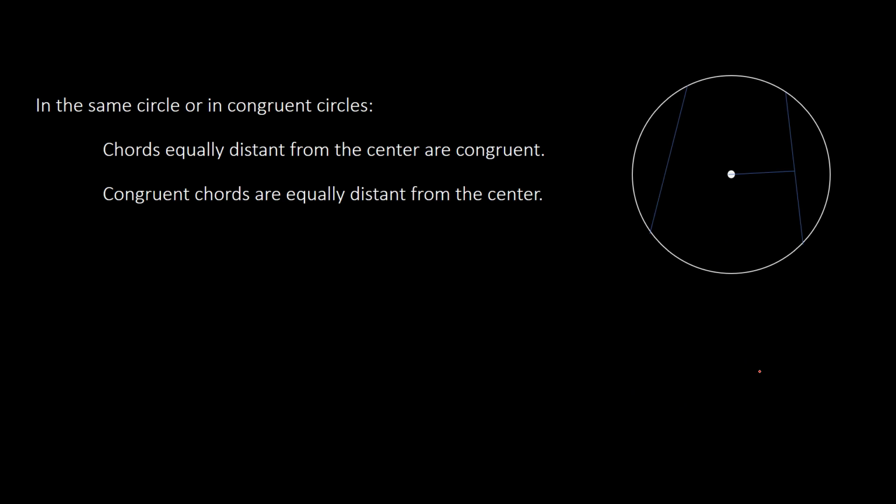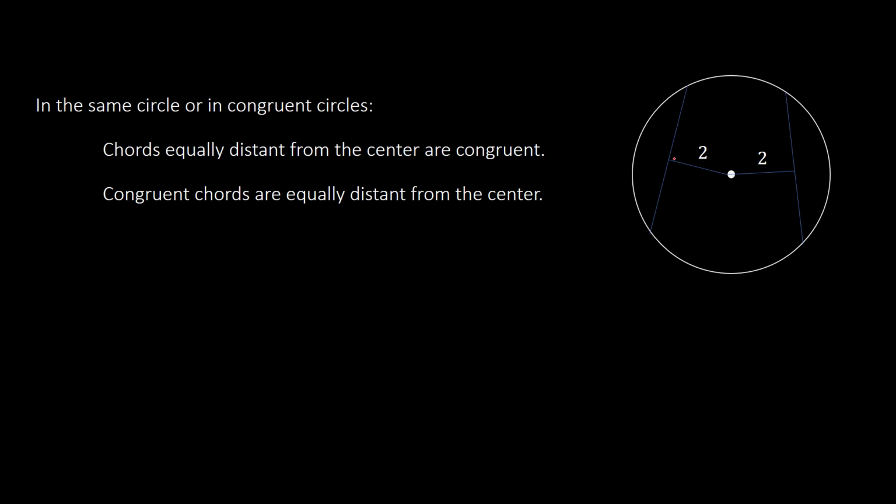And the third theorem says that in the same circle or in congruent circles, chords that are equally distant from the center are congruent. And the converse says that congruent chords are equally distant from the center. So in this picture, we see that we have two chords. And if the distance from the center is the same, so the distance from the center to the one chord might be 2 inches, and from the other chord another 2 inches,